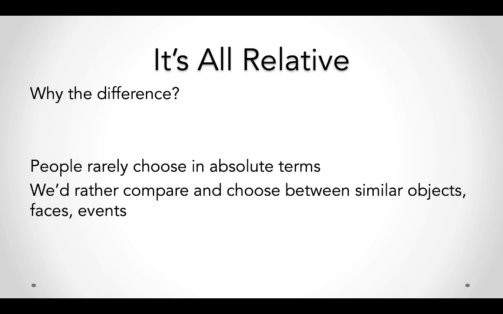Well, it's very simple. It's something that we talk about. It's relative to the range effect. $7 out of $25 is a big percentage, right? But $7 out of $455 is not as big. So we don't compare in absolute terms. We need to figure out how to choose by comparison. We compare different things.